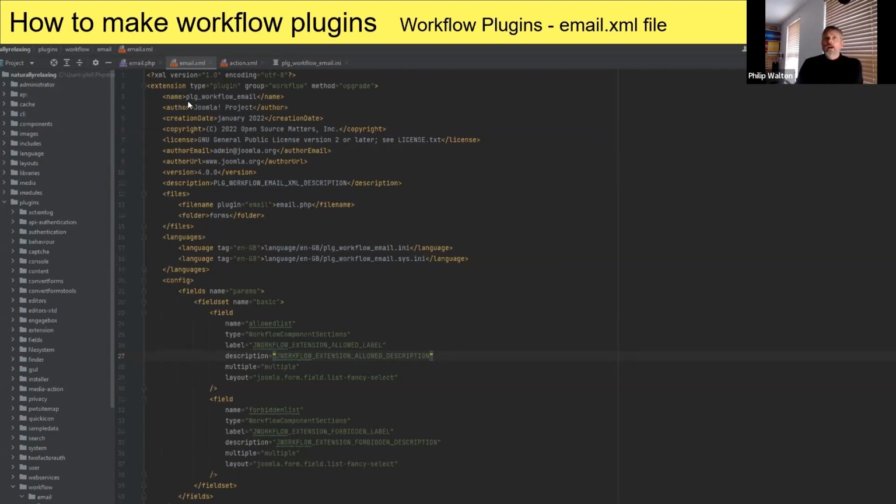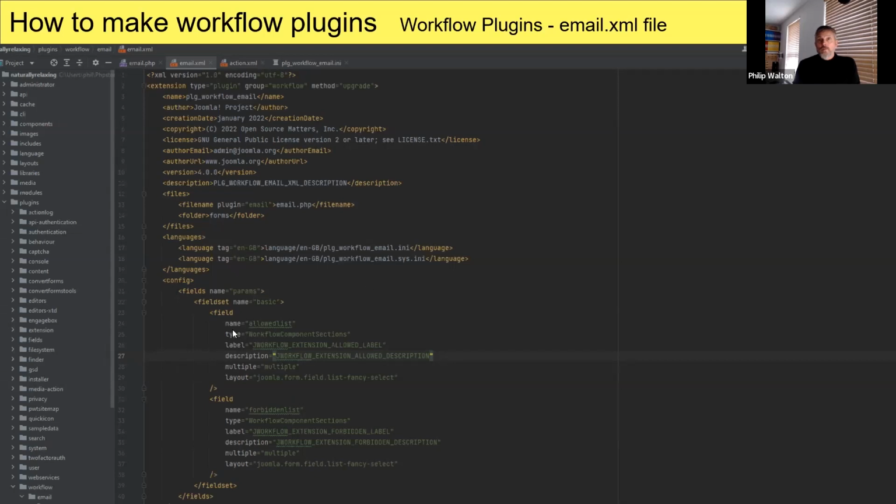You've got to give it a name, obviously. The group is workflow, and that's what makes the plugin show in that specific area that I showed earlier. It allows you to search for it under workflows. We always use method upgrade so that you can add new features and install a newer version of the plugin. It's obviously a type plugin. Giving it some details, I put the Joomla project. The reason is I left it as it is because I'm going to donate it to Joomla 4.2, and so 4.2 will have this plugin available so you can use it for email.